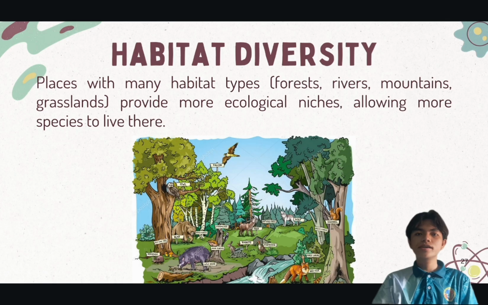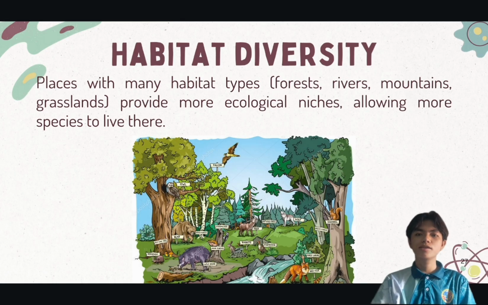Next is habitat diversity. This refers to the variety of habitats found in a certain area. If a place has forests, rivers, mountains, and coastal areas, it can support more species because each habitat provides different living conditions. For instance, a forest can support birds and insects, rivers can support fish and amphibians, and mountains can